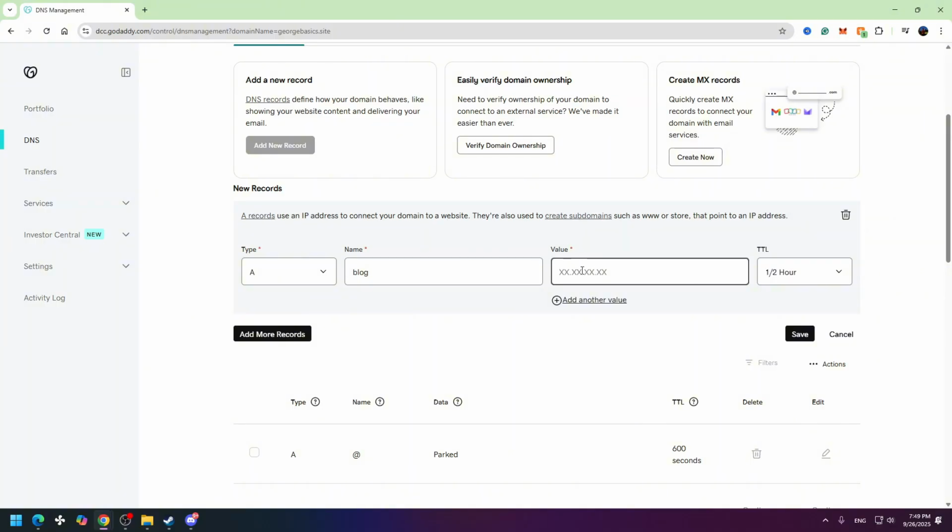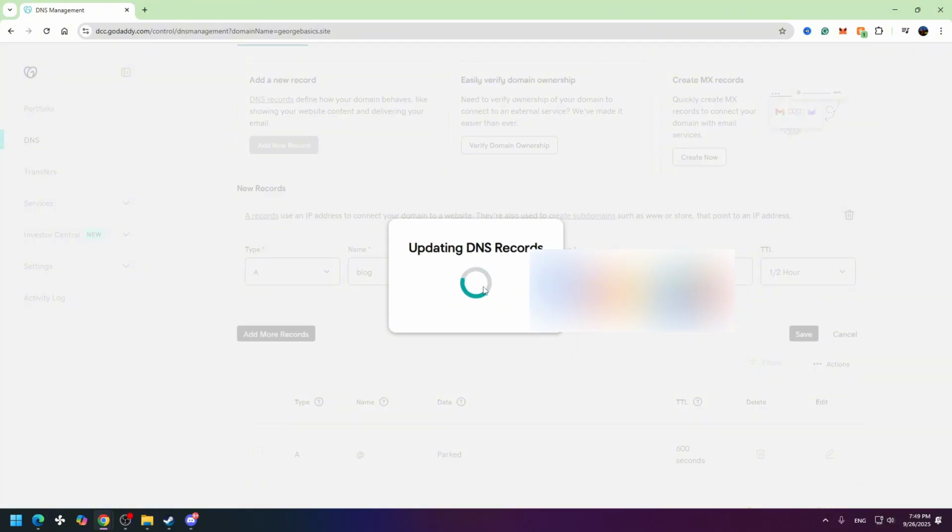And you need to write your hosting IP address. So let's write the IP address, and in the detail you can leave it on half an hour. So then you can click the save button right here and you will create your